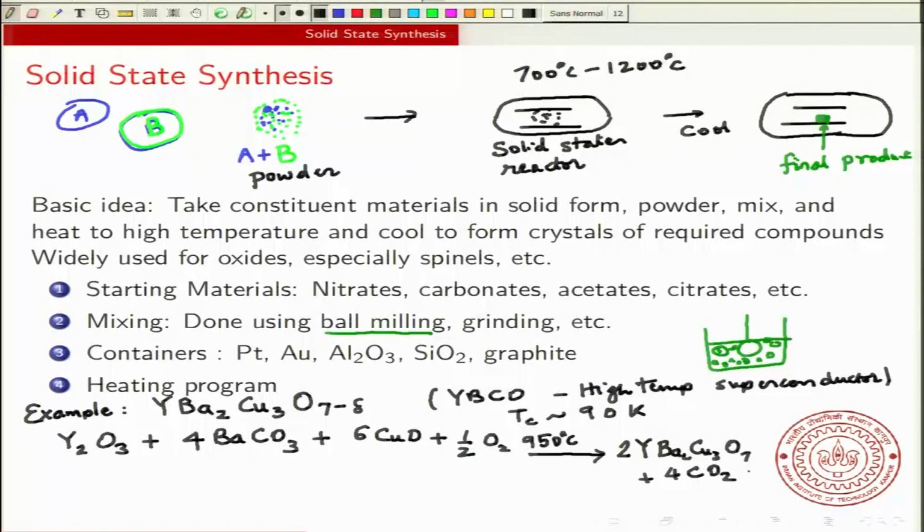Now the problem with this reaction is that barium carbonate is very stable on heating. So you have to carry out this reaction at very high temperature, and this can actually cause contamination. At this very high temperature, the copper oxide can react with the sides of the container. Also, this carbon dioxide might not fully escape, and if it does not escape, then it leads to the backward reaction taking place. So an alternate method